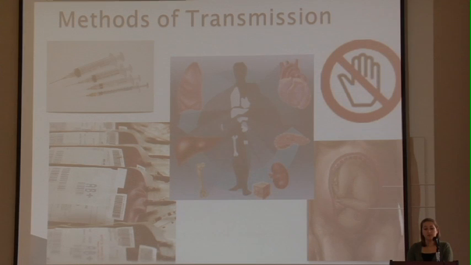Since malaria is found in red blood cells, it can be transmitted by blood transfusions, organ transplant, and sharing needles contaminated with blood. It is also possible for a mother to transmit the disease to a newborn before or during the delivery. Malaria cannot be transmitted by sexual activity or through casual contact.